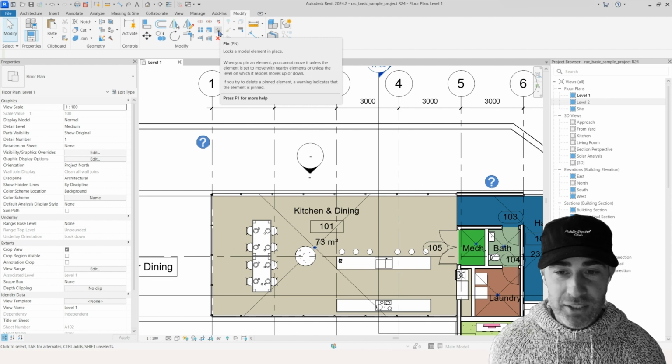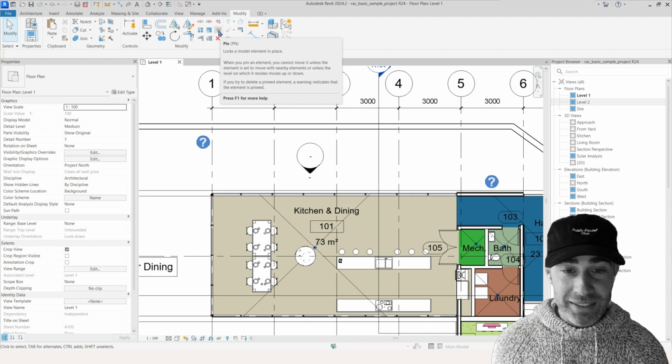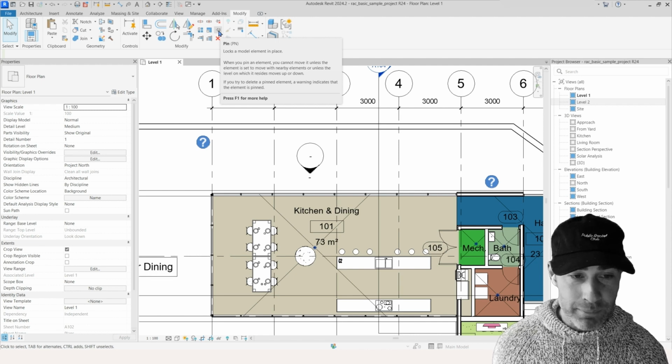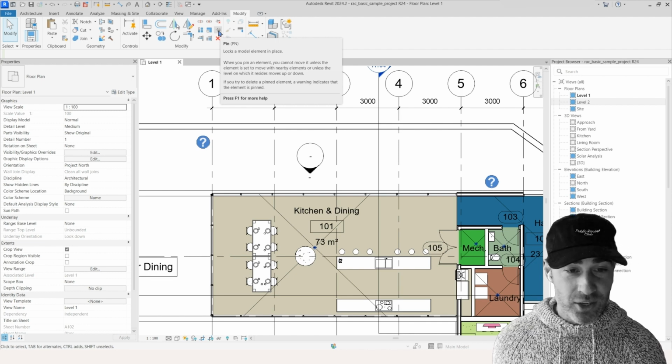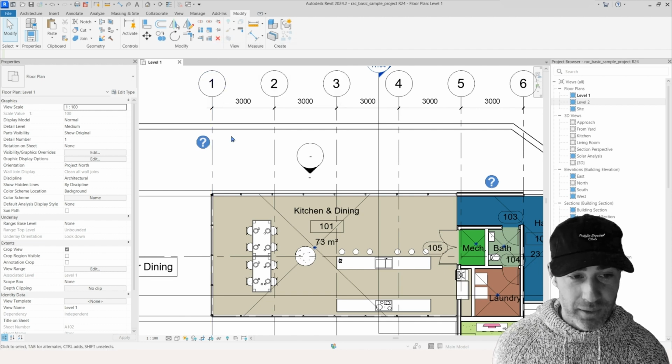I typically use this tool for any consultant Revit models we are linking into our projects, or any levels or grids that we may have copy monitored. Sometimes it's easy for someone to grab an element and move it accidentally and not know. So this tool will help avoid problems like this. To pin an element,